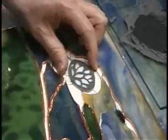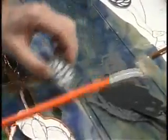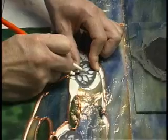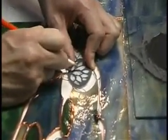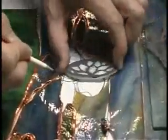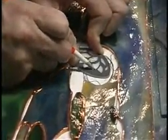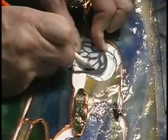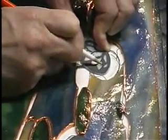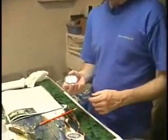It's nice to use a stylus that is the end of a brush, because then you can brush away the sections that you've scraped off so that you reuse the paint. You can turn the piece different ways to scrape different angles. After the piece has been scraped and it's where you want it to be, you can take the finished piece,